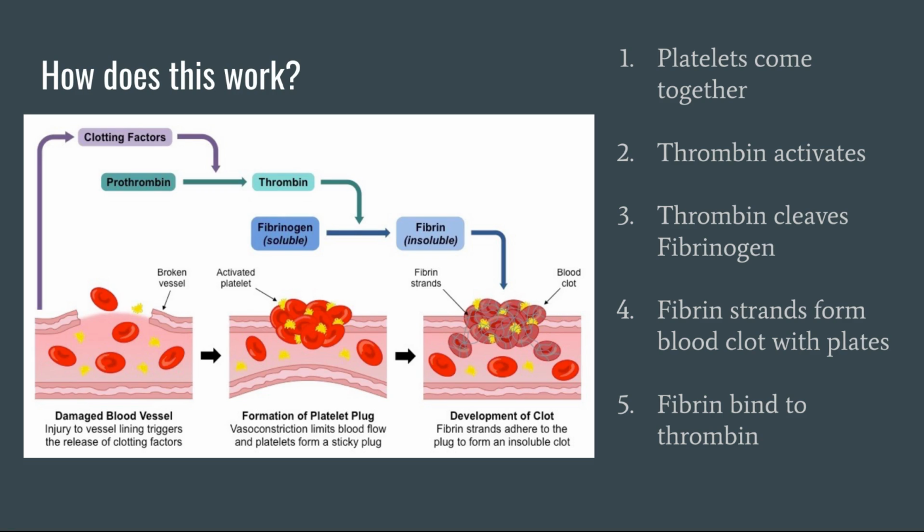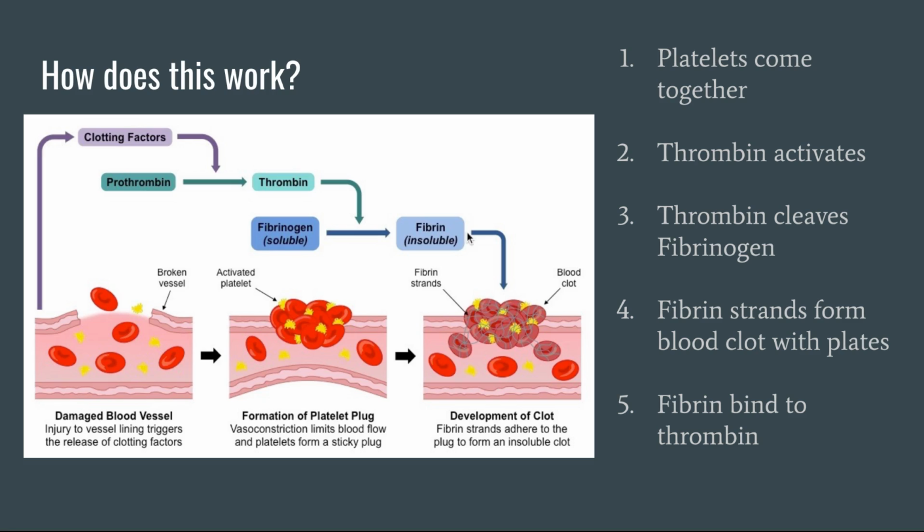Okay, so how does this work? How does fibrinogen help form blood clots? So when you first get a cut and you start to bleed, fibrinogen will come to the surface and send out signals to the clotting factors. The clotting factors then go through a series of events that will result in the activation of the enzyme thrombin. Thrombin will then attach to the arginine amino acids present on the fibrinogen molecule, and it will split fibrinogen into